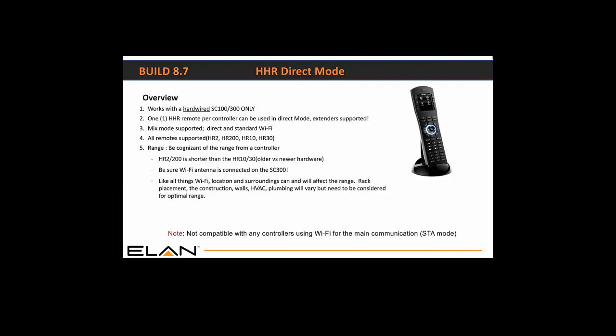Trust me. And like all things Wi-Fi, the construction of the home totally makes a difference, going through walls and ceilings and things like that. So it's always worth a check, but the range is typically, again, similar to Bluetooth. It's about 30 feet for a good connection. So